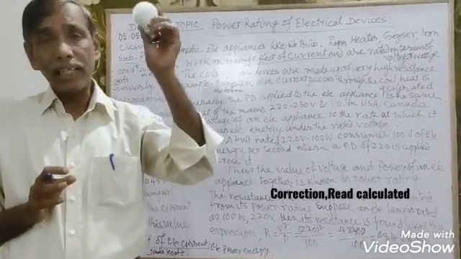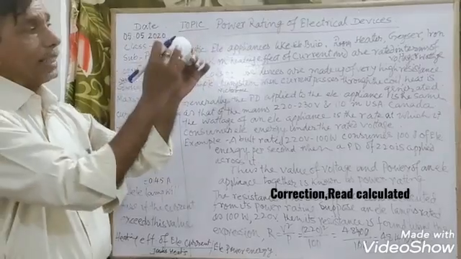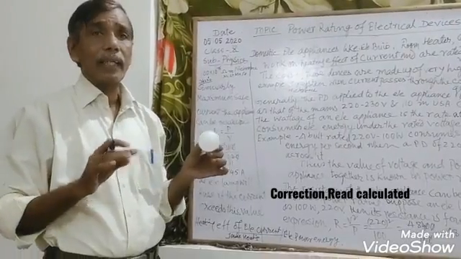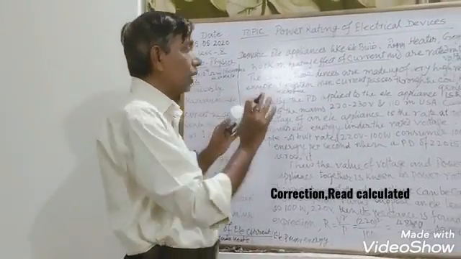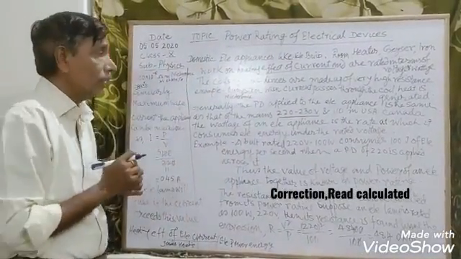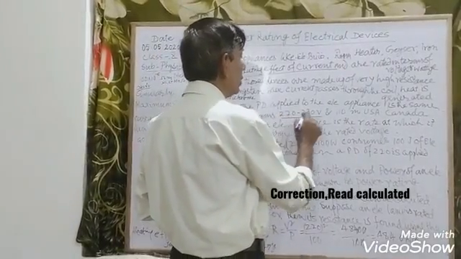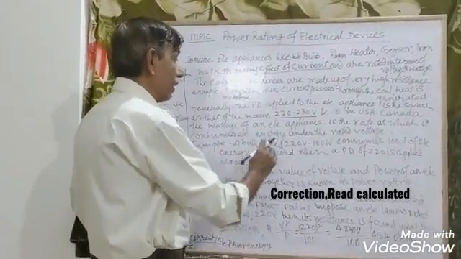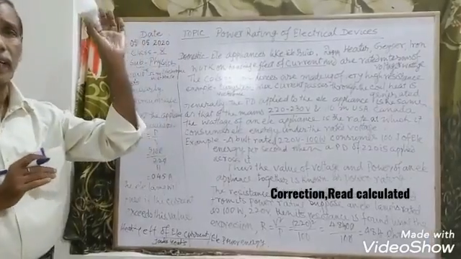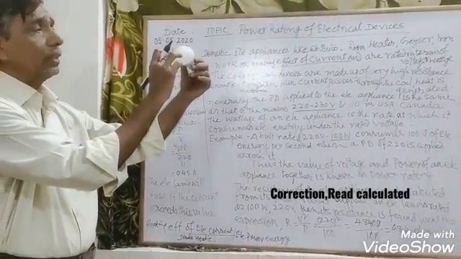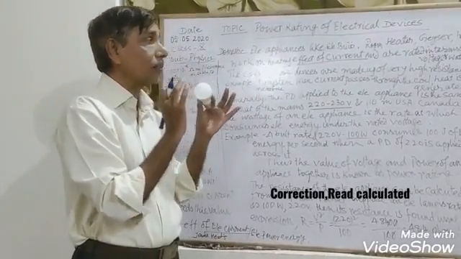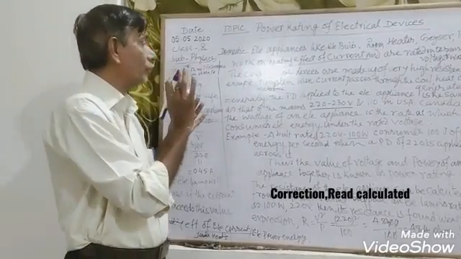You have seen the electric bulb. The voltage and wattage are written on it. Generally, in India, its voltage is in the range of 220 to 230, and the wattage is 100 watts. Generally on a bulb it is written 220, 100. What does it mean? This is called the rating in terms of voltage and wattage.